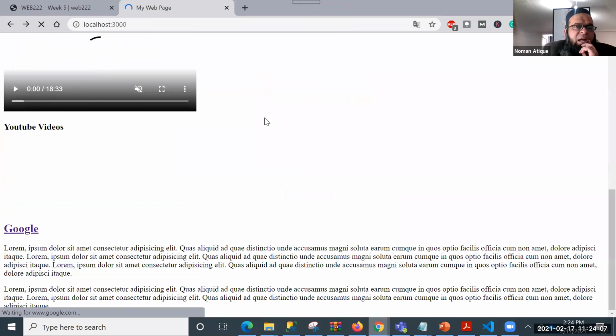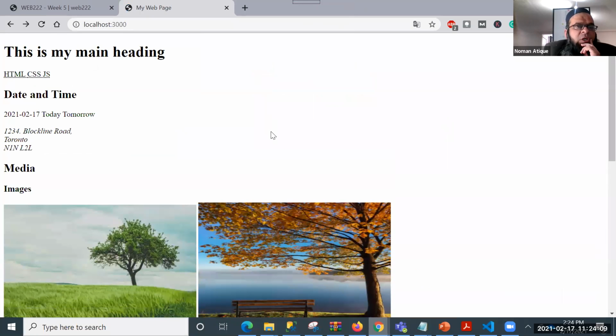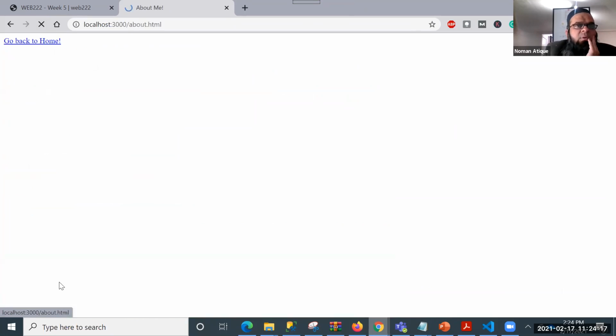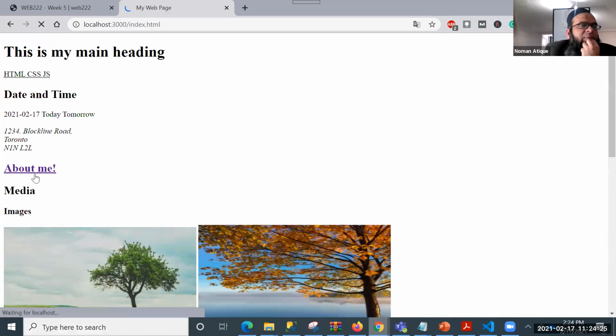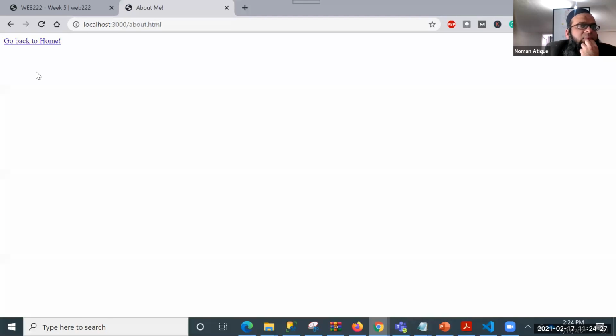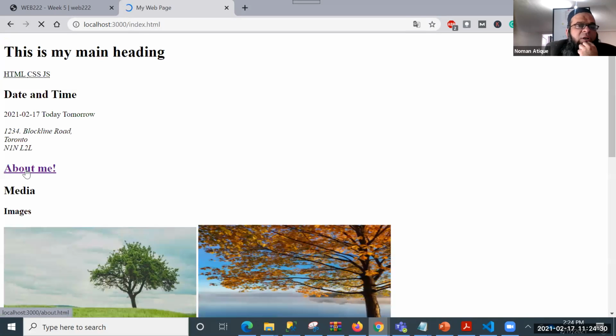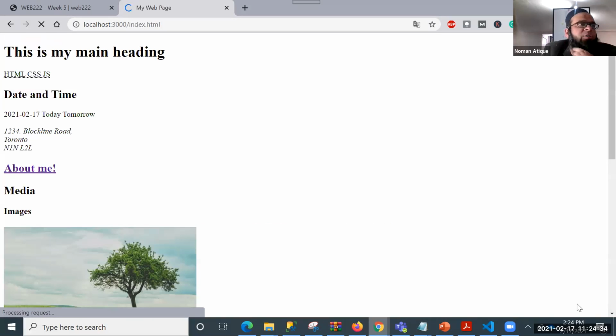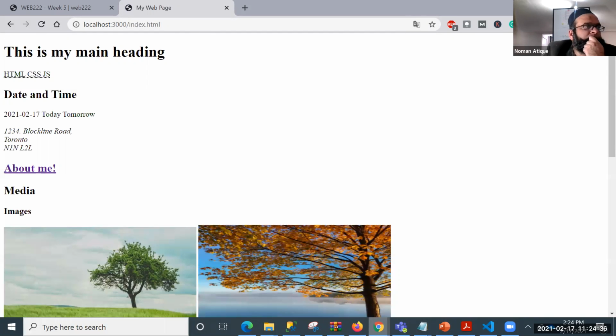Now you see that I've got this document, and if you go to the top, you should find about me. All of you can see that, and now click on that one. You see we have got another page which says go back to home, and click on that. What is happening? Isn't that cool? We are able to link multiple documents in our page.